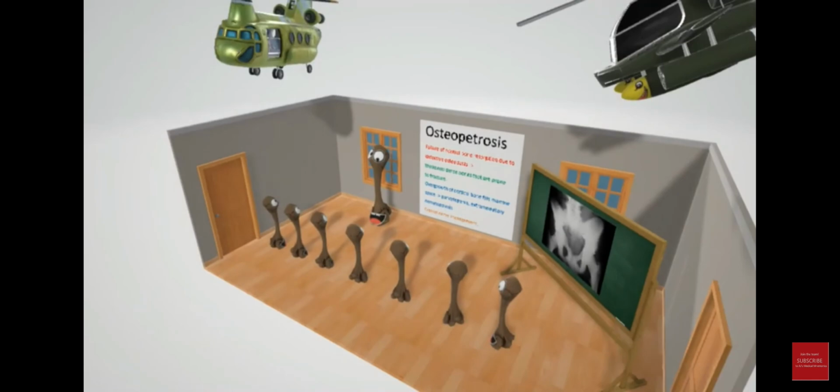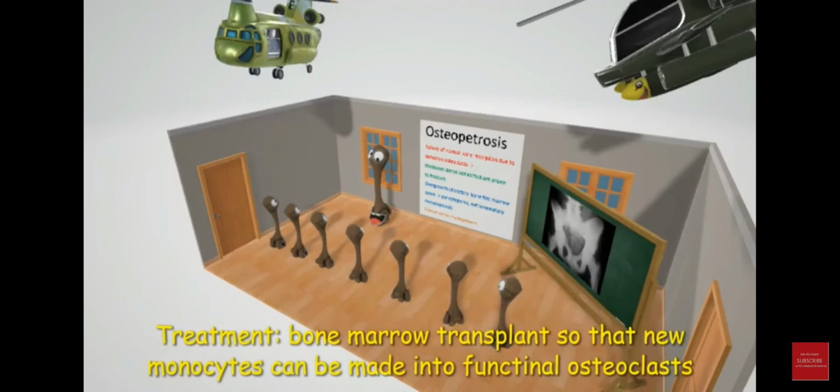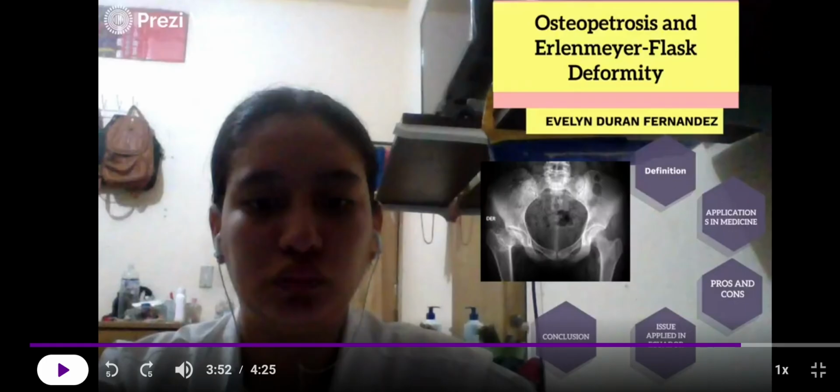Okay, just a word on treatment. The only treatment really available that could potentially do anything is bone marrow transplant. This is potentially curative because osteoclasts are derived from monocytes. So the monocytes in the new bone marrow can